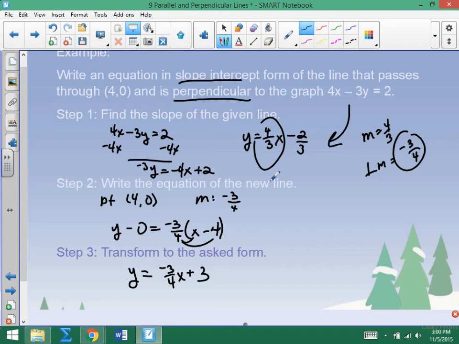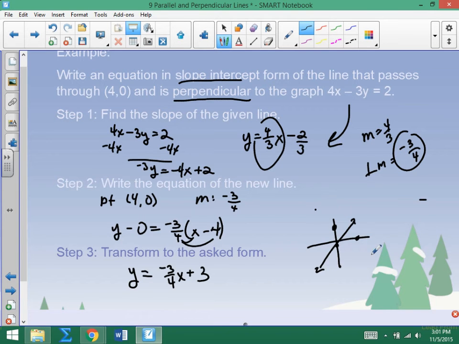So this was the one that was given. So again, if we do a quick sketch of this, its y-intercept was at -2/3 and it had a positive slope of 4/3. So if we were looking for the one perpendicular to it, what we're saying is now this line going through the point 4, 0, let's estimate that to be about right there, would have a y-intercept of +3